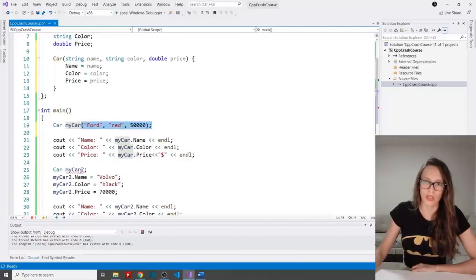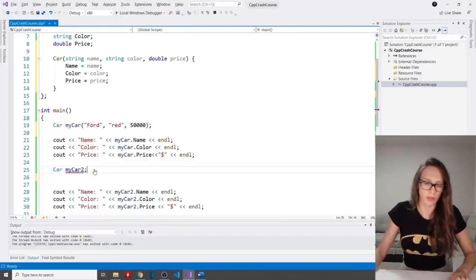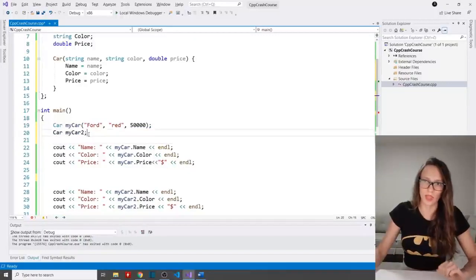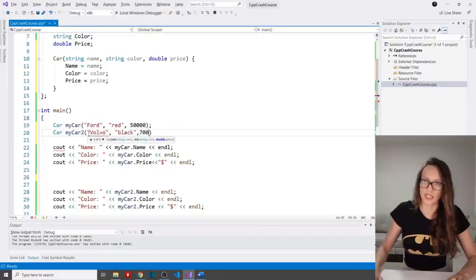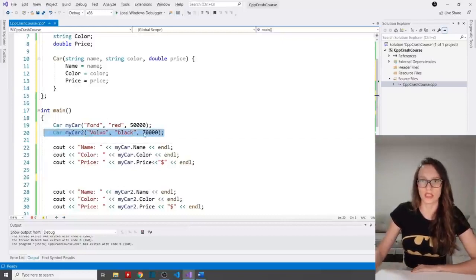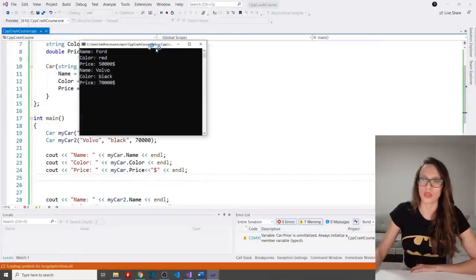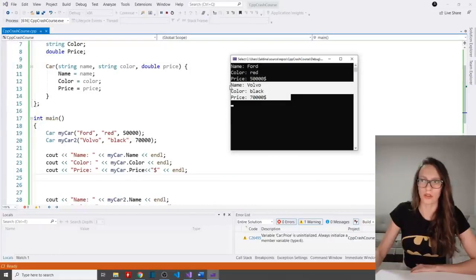And then we can do the same thing with our second car. So I'm going to remove this, and I'm going to move my car here. And let's say that our second car is going to be, again, Volvo, and the color is going to be black, and that is going to cost $70,000. Okay, now when I created these two objects, these should behave the same. So if I run my program, as you can see, we still have this information about our Ford and then our Volvo.